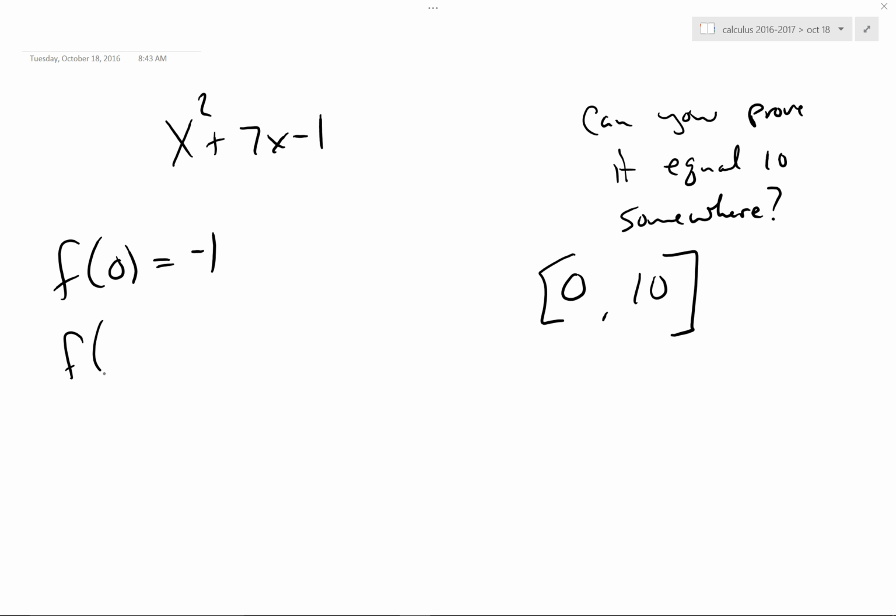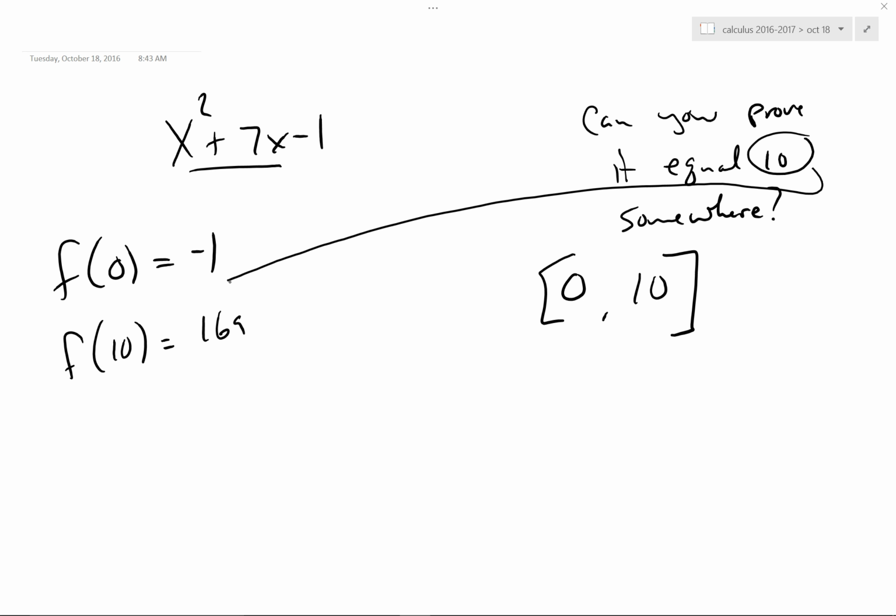Why did you pick such a big one? Because I'm lazy. That's 100 plus 70 minus 1 is 169. Well, that's bigger than 10. So the number 10, the value of 10, which is a y value, falls in between here. Okay? So I'm guaranteed,